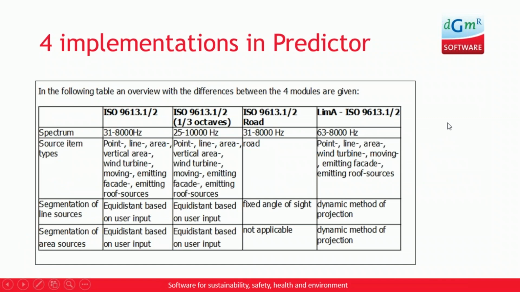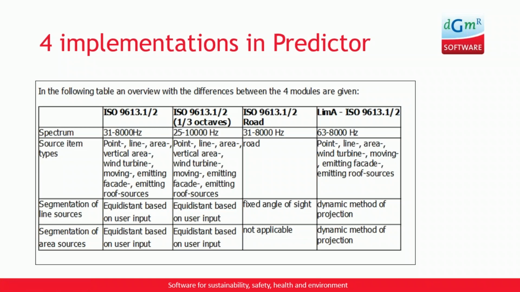Then, to finish up the ISO 9613 implementation, and to make it more difficult for all of you, we've got 4 implementations of ISO 9613 in Predictor. This is a shot from the help file. We've got the normal ISO 9613, the ISO 9613 1/3 octaves, the ISO 9613 Road, and LimA ISO. The first ISO was the original one when we started Predictor in 1996. Then we added the 1/3 octave. Then we added the Road. And then